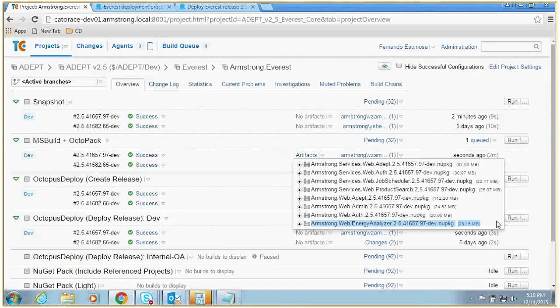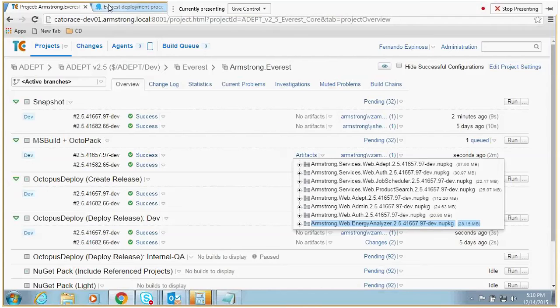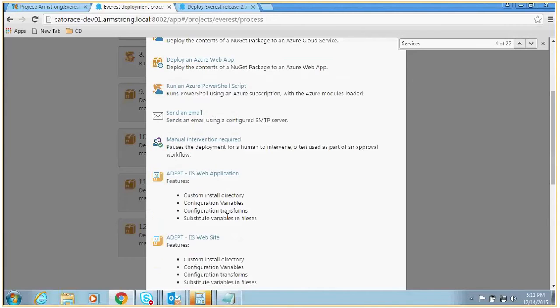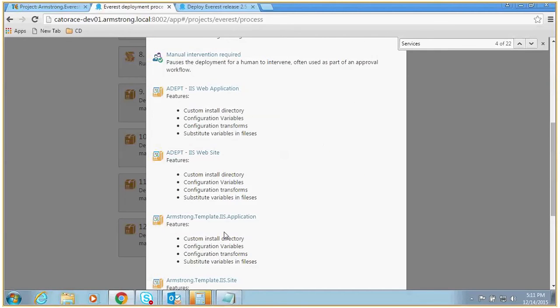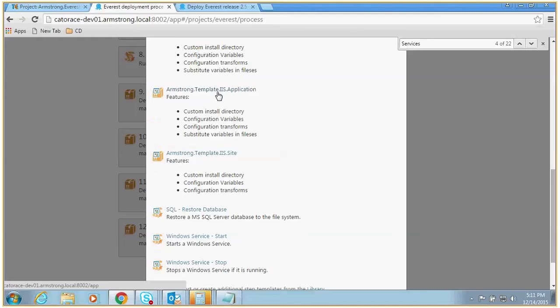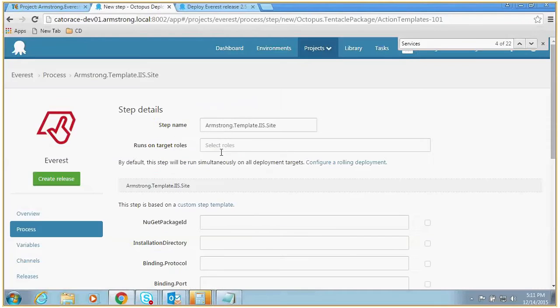So what we're gonna do, because now we're gonna do this thing. I'm just going to grab that energy analyzer name, and I want to say add state. Now, I already created a template for the site. Forget about these adepts. They are not the templates. These are the templates: Armstrong.template IIS application and IIS site. Right, this is a website. We're going to use the IIS site template, and pretty much we just